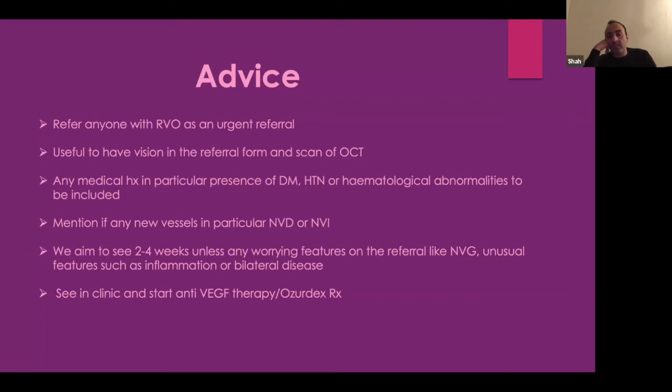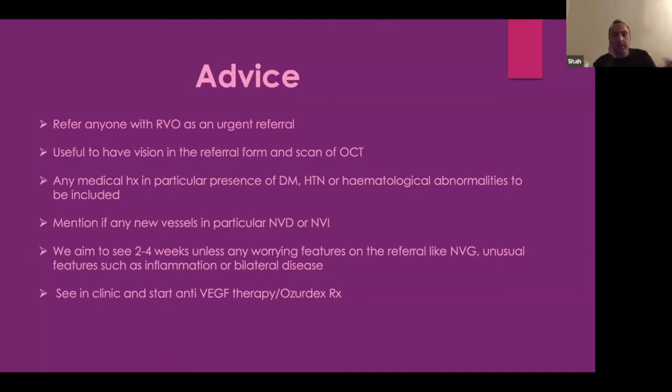And is there any new vessel disease? Those are the kind of main stuff. I don't really expect everybody to say the patient's diabetic and has had glaucoma and the father has this and the mother has that. Just the basics of what we went through would be quite useful, so we can triage how quickly we need to get the patients in. Although, again, as I said, probably not much of an issue in a private setting because they get in quite quickly.